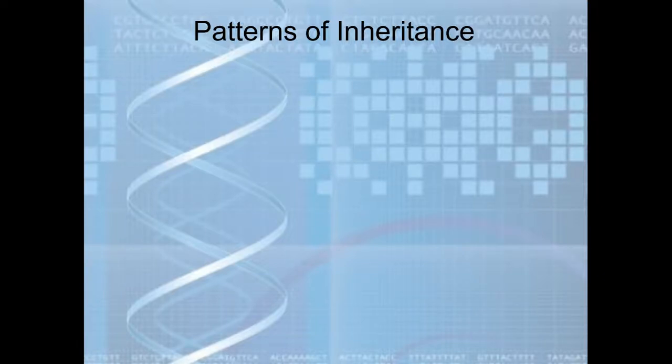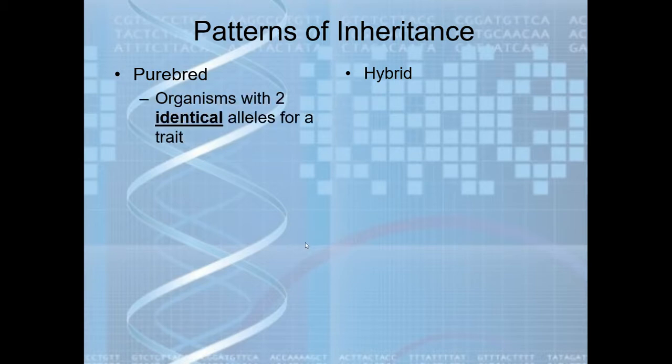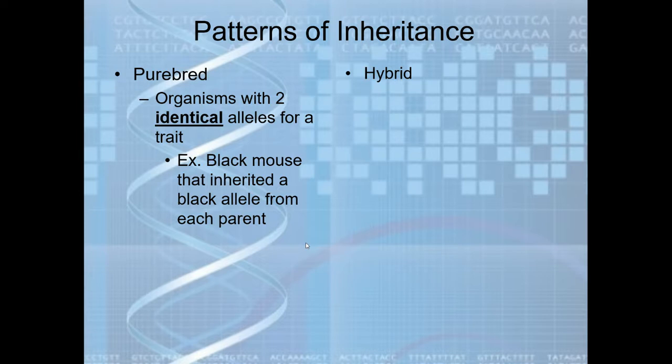So good morning, class. For today, we'll continue with topic three, part B, and this time we're looking at patterns of inheritance. So we'll be looking at alleles, so the genes that are transferred. Just to give you an example, I hope you still remember when I did discuss the Punnett square before the cancellation of classes. So a purebred would most likely have two identical alleles, meaning it can be both dominant